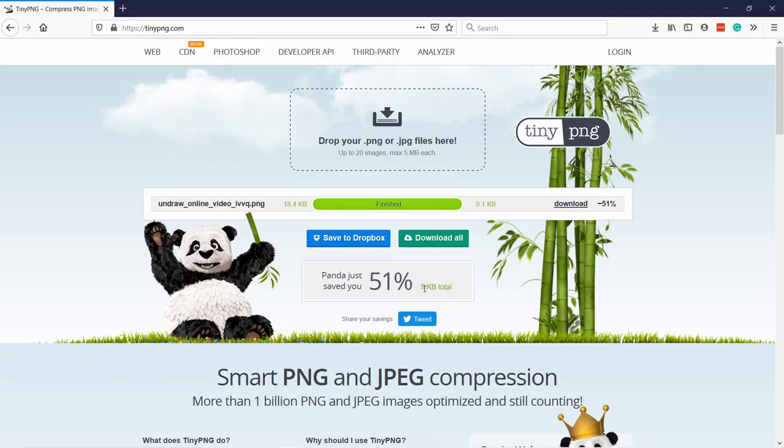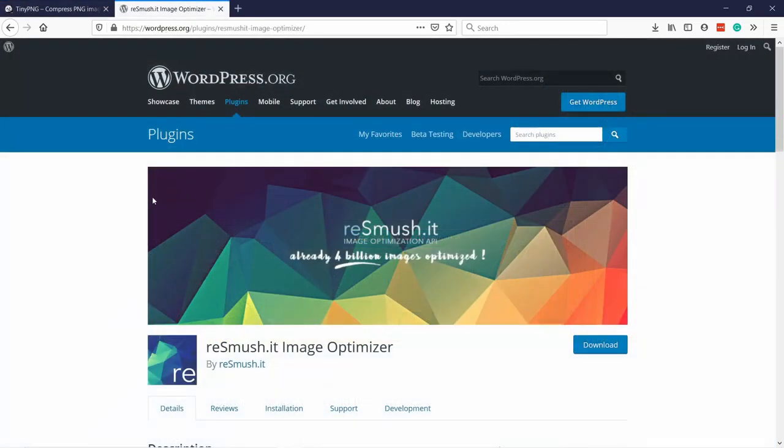And this means your website can load much faster. And this is something that Google looks at, and also your users. If you have a lot of images in a blog post or something, the faster your page loads, the better it is for users. If you're using WordPress for your website, then I really recommend getting a plugin like